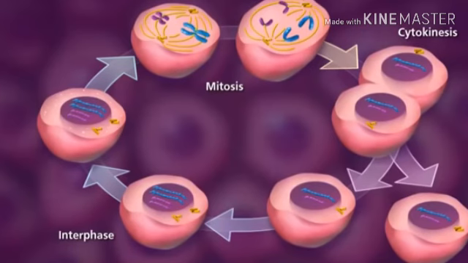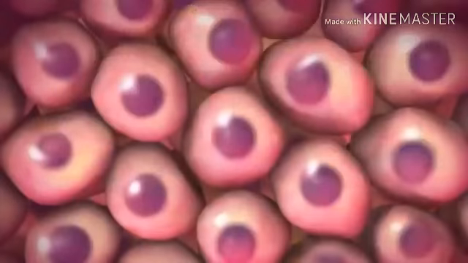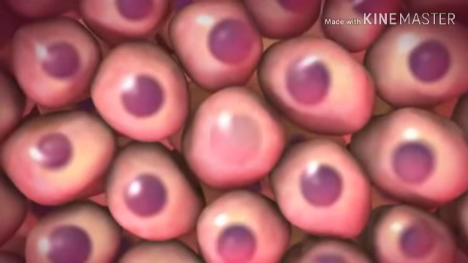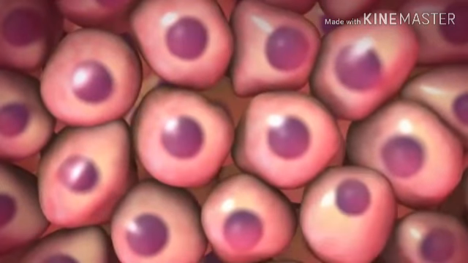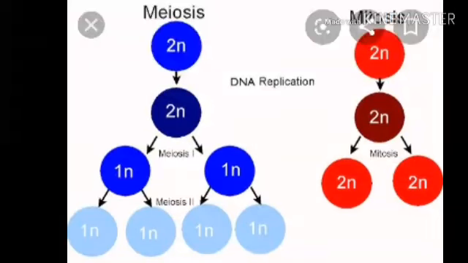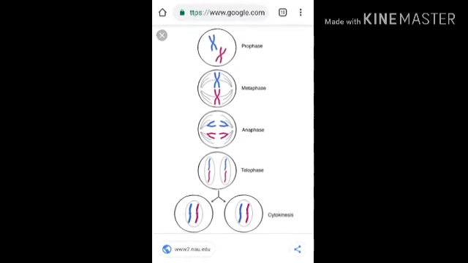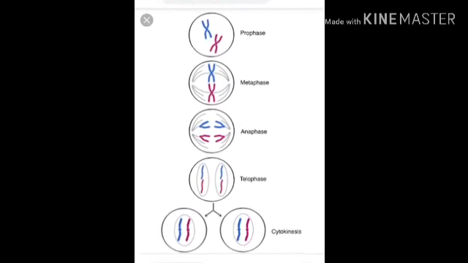Depending on the nature and use of the cell, the process can happen at different frequencies as well. In humans, our skin cells have a high turnover rate due to wear and tear and go through mitosis very frequently. This process allows for growth and repair to prolong overall physiology as well as life itself. Hopefully now you have understood how mitosis takes place in living organisms. So like this, the chromosomes will split up into two identical daughter cells.